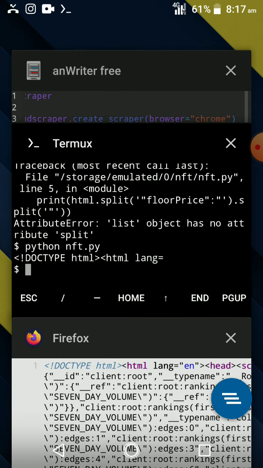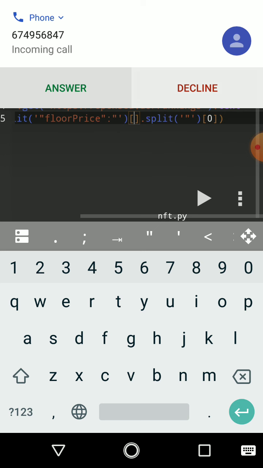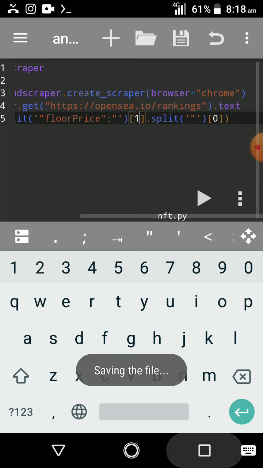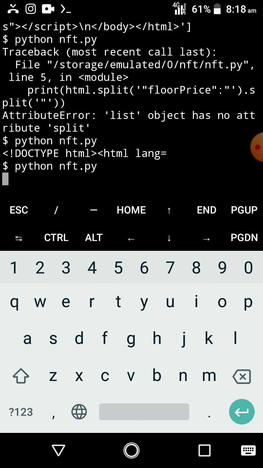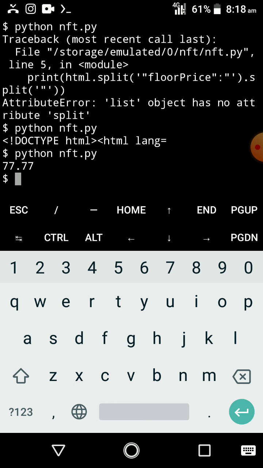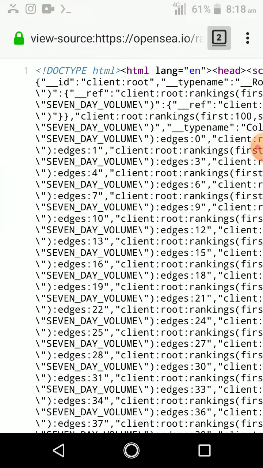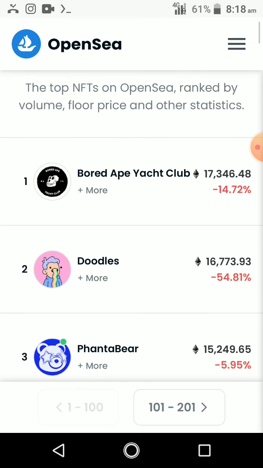Okay, so now let's move in. If we move into the second one, which just happened to be at the first index, let's run it and see. Okay, so you can see the price. You have picked the first price of the NFT. Okay, so we can pretty much see 17